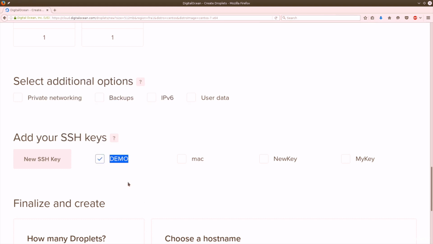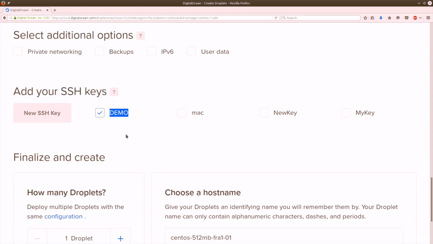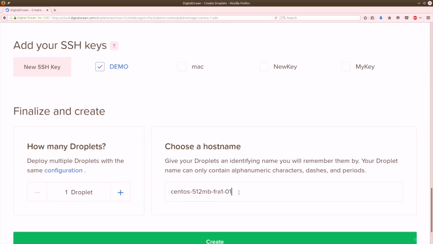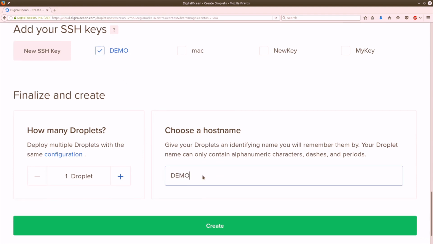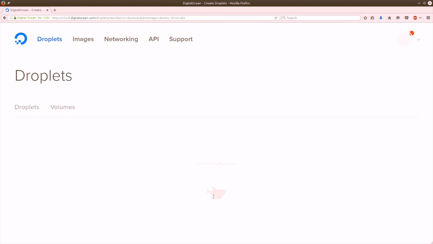This is very important because you do not want to be logging into your server the first time around with a password. The passwords can be rather long that they give, and it's kind of difficult to type in, and plus this is way more secure. So just one droplet, and we're gonna name this one demo. It's arbitrary how you wish to name your key and your droplet, it doesn't really matter. So let's go ahead and click on create,